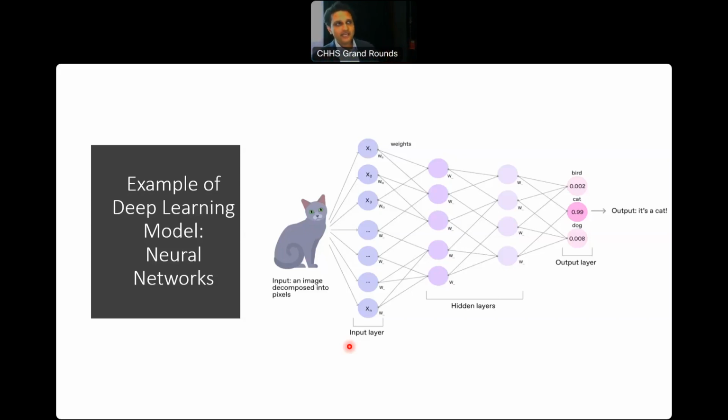What happens is essentially each of the nodes is assigned a value and a weight or a coefficient. And as you pass from one layer to the next, you multiply the value times the coefficient. If it crosses a certain threshold, then you go to the next level. If it doesn't cross the threshold, it basically stops there. So through this sort of process, you get this probabilistic outcome at the end. For example, here, this neural network says that this image, which it doesn't know is a cat, it just sees it as some digital data, it identifies through various digital attributes or data attributes that it's 99% probable that this is a cat rather than a dog or some other thing.